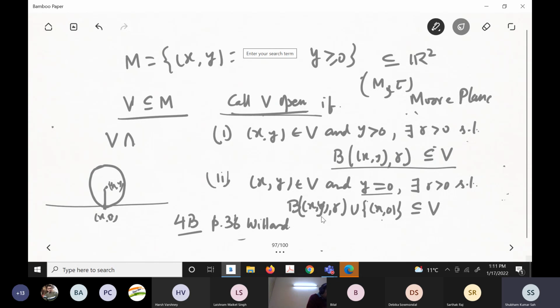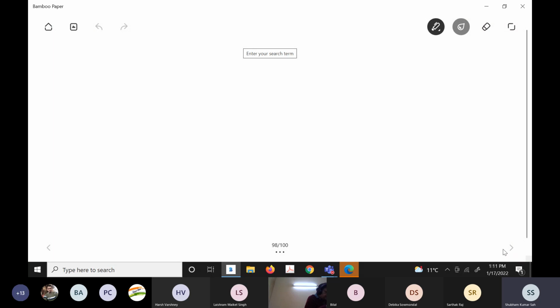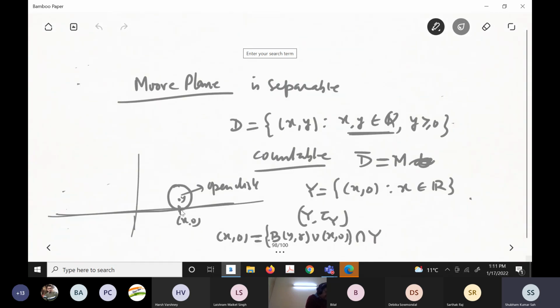Oh, this y, don't do. This is not the same y. For y prime, you could write, for some y prime in R. Understood? This should be not 0. B x0 is this ball that is coming. So I have written wrong here. So that's why I got it there. B x y prime. Okay, so that is what I have written here. Here it's fine because I am not R. Got it? But this is open.